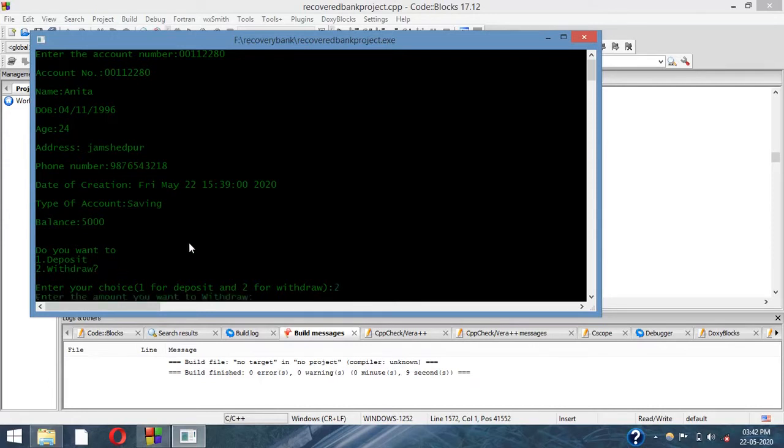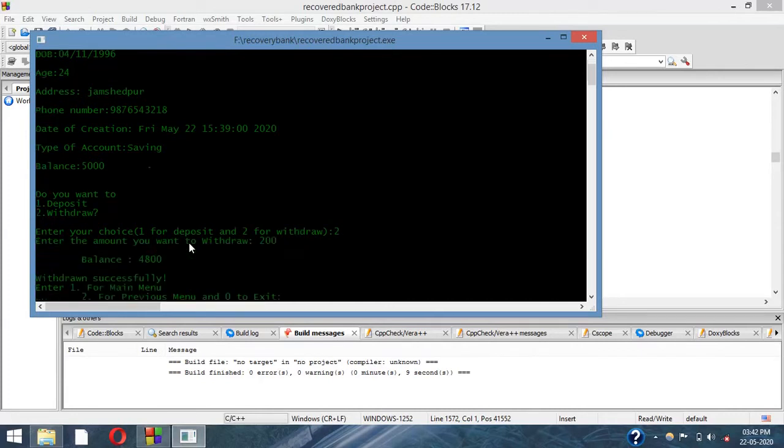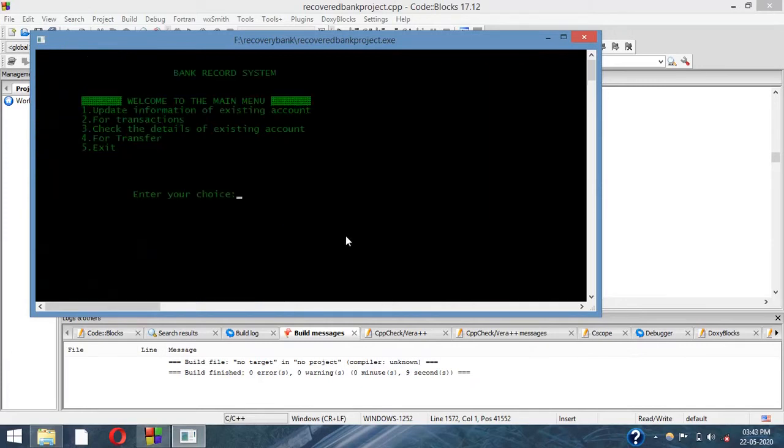Choosing to withdraw 200. So here you can see the amount is deducted, 200 is deducted, and now the balance is 4800 and withdrawal is successful. So I am going to the previous menu again to show you some more functions.